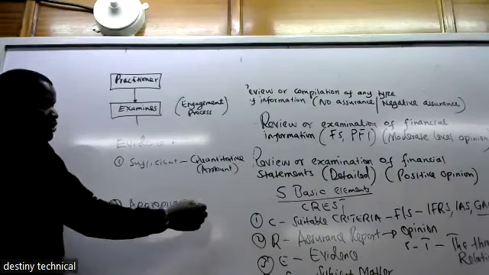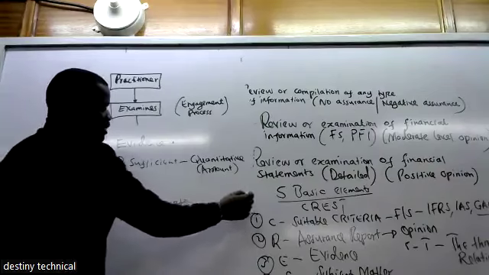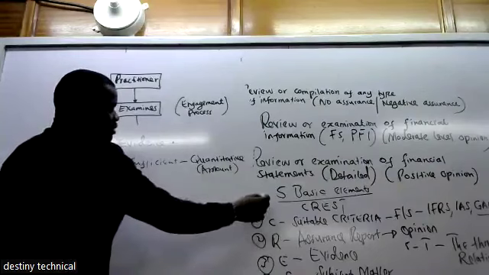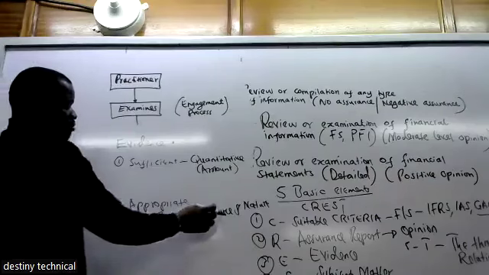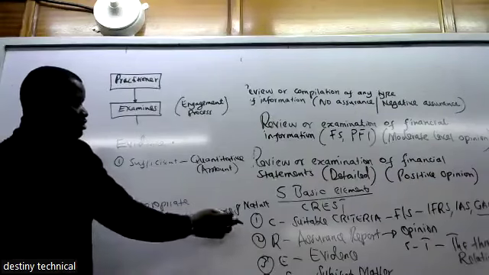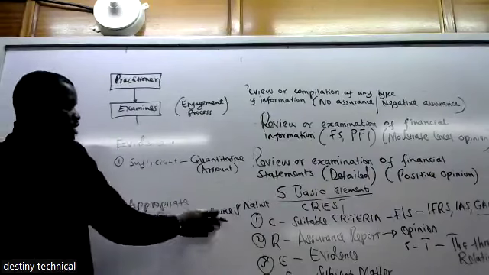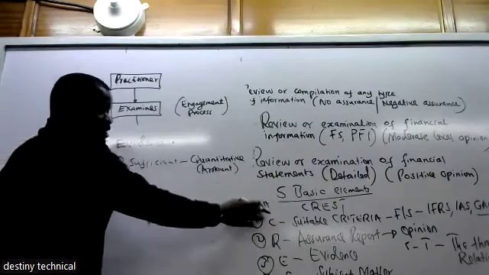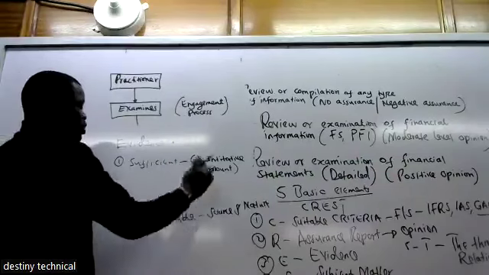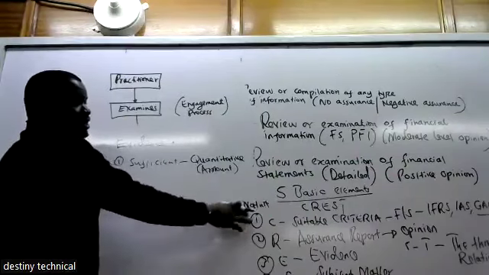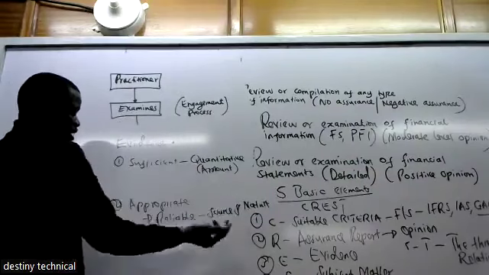So reliable is determined by the source, and also the nature of that evidence. Where do we get that evidence from, and what's the nature of that evidence? It can be an internal source or an external source. External source evidence will be more reliable than internal source evidence. In terms of the nature of documentary evidence, compare photocopy evidence to original documents. Original will be more reliable than the photocopy evidence.